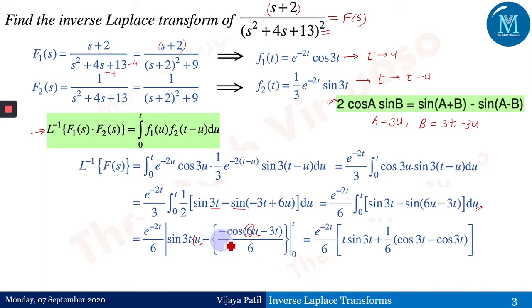minus, so minus here would give us cos of 0 minus 3t, which is cos of minus 3t. But we know that cos of minus theta is the same as cos of theta, and therefore we will get cos of 3t. Because this is a lower limit, it would give us cos of 3t, and therefore it is e to the power minus 2t by 6t sine of 3t, because this term got cancelled, cos 3t minus cos 3t,